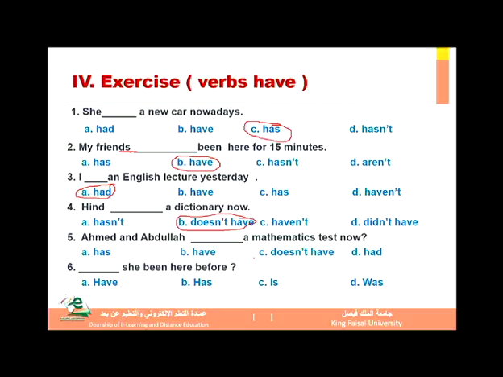Okay? Number 5. Ahmed and Abdullah blank a mathematics test now. So should we say Ahmed and Abdullah has, have, doesn't have, or had? What's the correct answer? Well, actually here two answers are correct. هنا الخيارين صحيحين. So I could say Ahmed and Abdullah have a mathematics test now, or I could say Ahmed and Abdullah doesn't have, I could say only, Ahmed and Abdullah have. Why I can't say doesn't have? لماذا ما نقدر أن نستختار الإجابة doesn't have؟